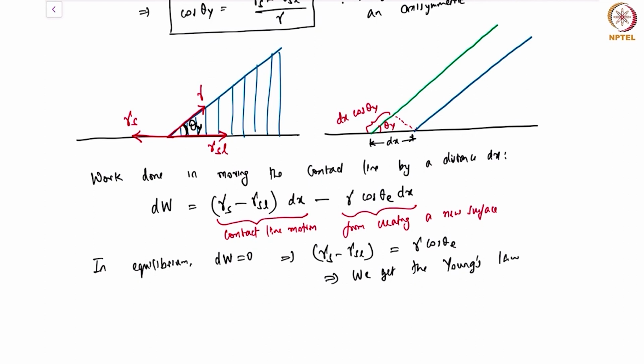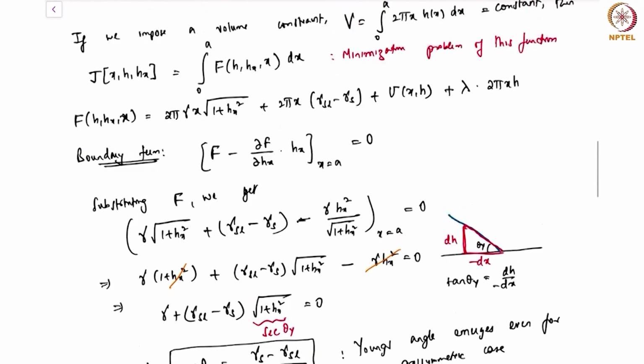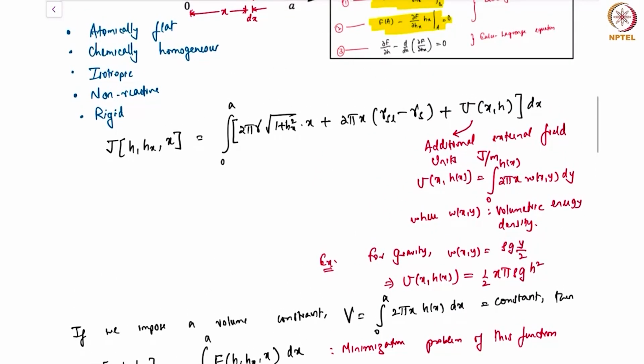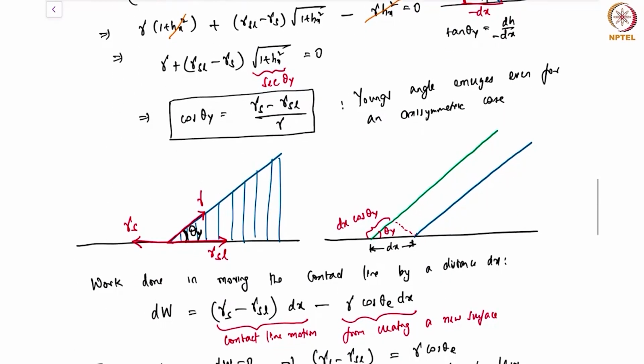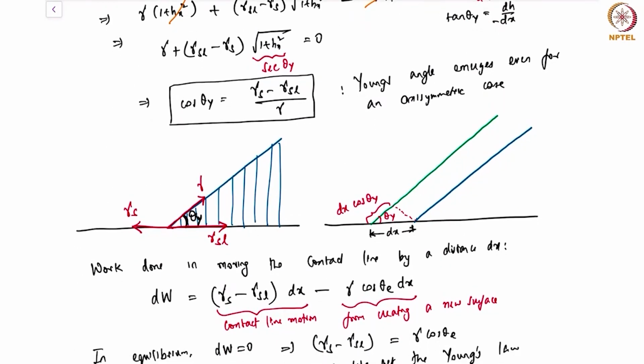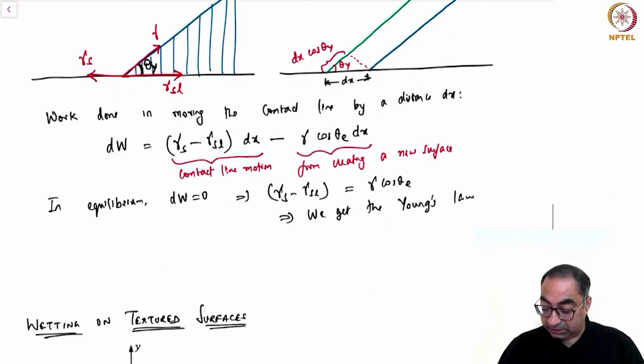Now this particular simple way of analysis definitely looks much simpler than the variational approach that we have taken, because it tells us that I can just move the contact line a bit and the interface a bit, and then ask what is the change in the energy or the work done, and hence set that work done to 0 in mechanical equilibrium and get the Young's angle, right? So I think it's time to call it an end to this lecture,